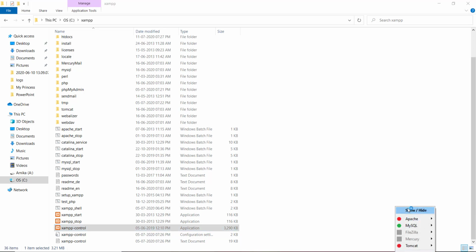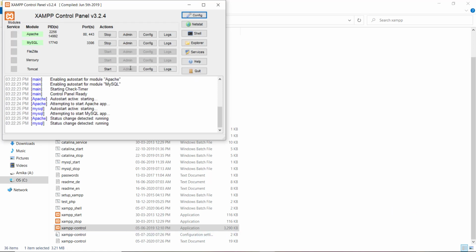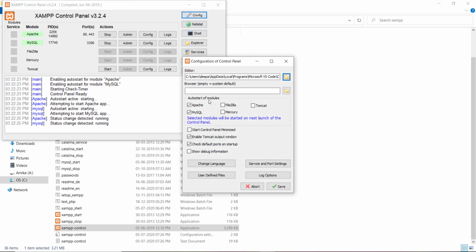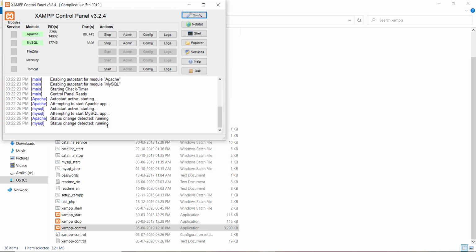You need to show and hide. Here it is, now started. If you want to auto run Apache and MySQL, you can go to Config and set auto start of modules Apache and MySQL. So they start automatically whenever my XAMPP control panel is running. It is detected running both.